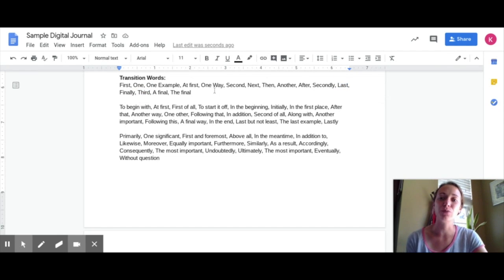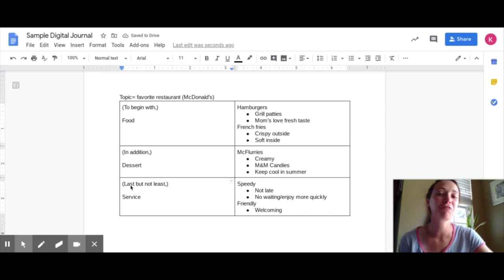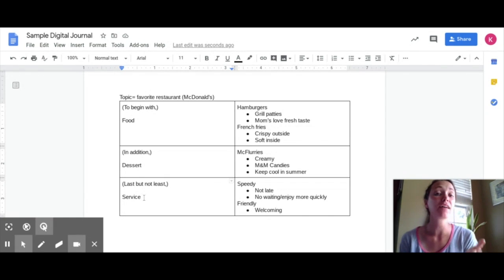So those fall into the really basic transition words that we should kind of steer clear from. So if you can use transition words that fall into this paragraph or to this paragraph, those would be much better to use. The transition phrase that I want to use for the last big idea is last but not